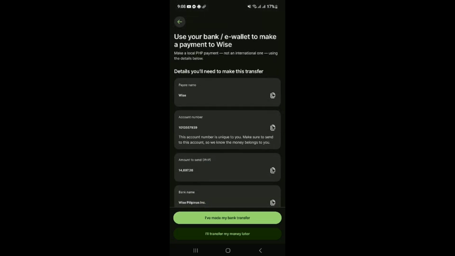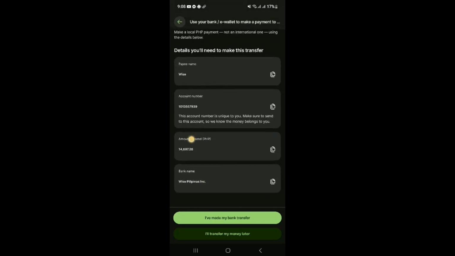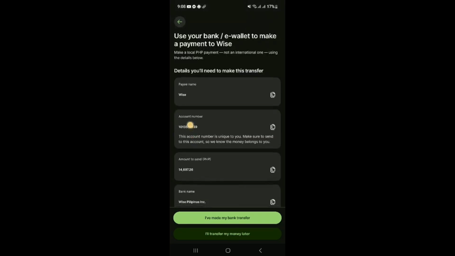Using your usual banking app or online banking, make a standard local transfer to those copied details. Paste them in to avoid mistakes, confirm that the account name matches what Wise shows, and send the transfer from a bank account in your own name. If your bank supports instant transfers, your funds may arrive faster, though some transfers can still take a little time